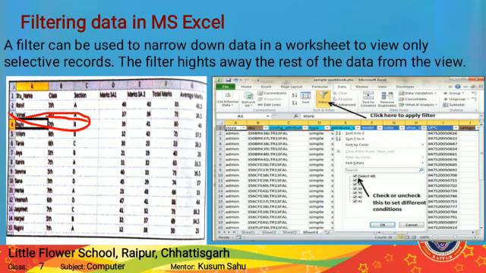So in this way we can filter the data, means we are able to see only that thing which we want to see. Here you can also use multiple filtering by clicking on this filter icon and selecting the whole. Here you can select multiple filters. Through this you can see all types of data. So to use the filter option you have to click this icon.